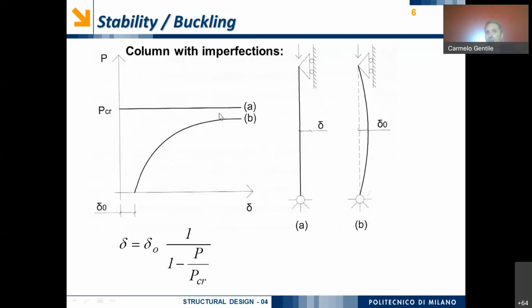Afterwards, there is the possibility of having a deflection which is not defined in value. Okay, so something like this: